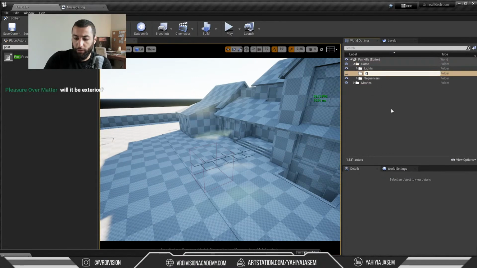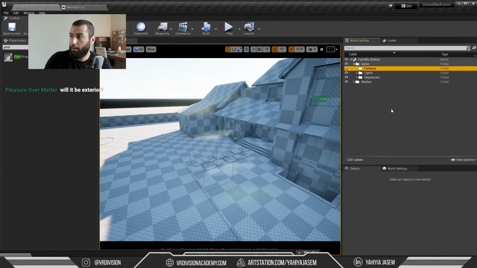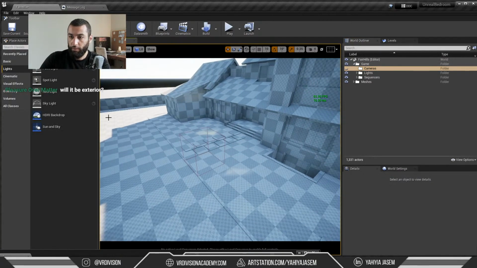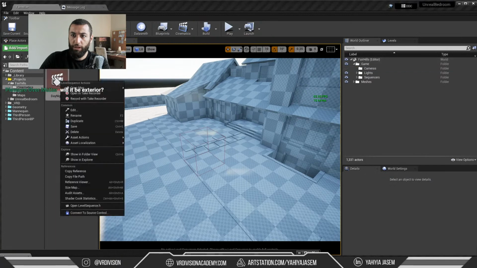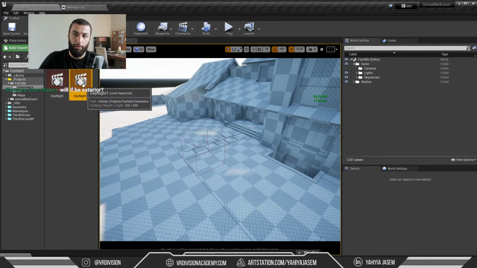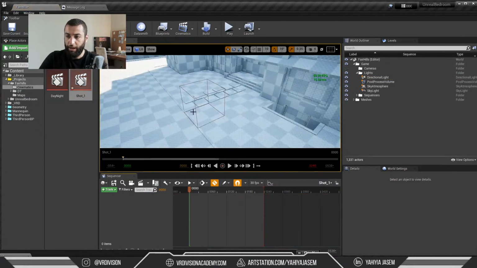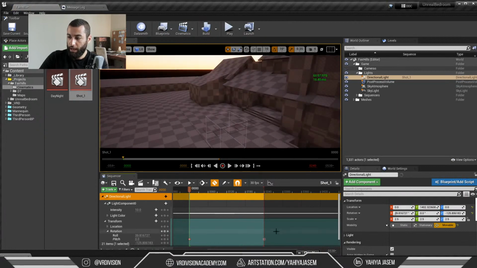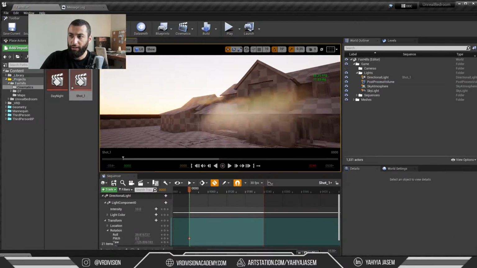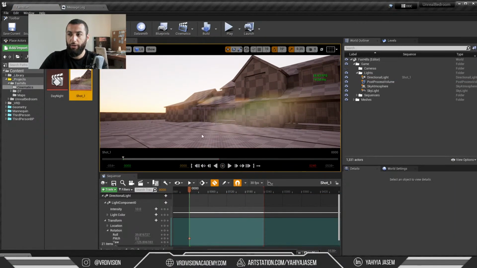And for example, later when I make cameras, let's make one now. So let's go to the content browser. I'm going to select this, press Ctrl W, and call it shot 1. I will keep the directional light, but I'm going to stop the animation so I can find the shot I like. And using sequencer, by the way,